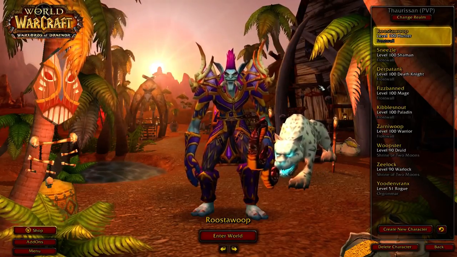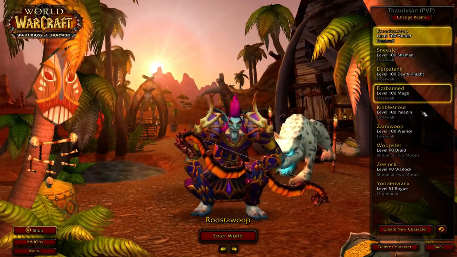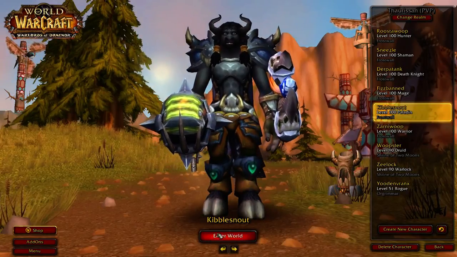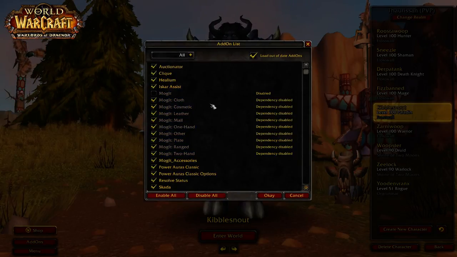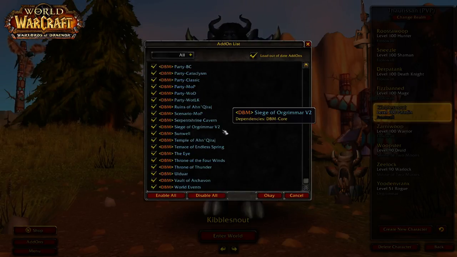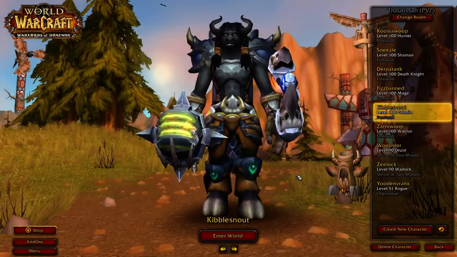But I figure I'll go through. Actually, I really don't even know. Let's go through the Snout, my holy paladin. I haven't set up anything on her. In fact, let me check what add-ons I'm even using. Disable Mogget, just because I don't need it. Everything else, yeah, that's fine. Okay, so